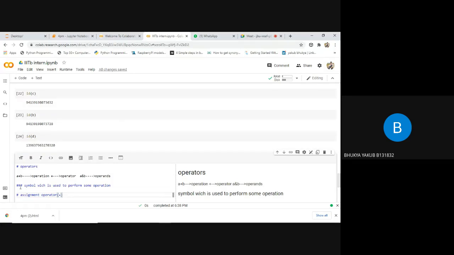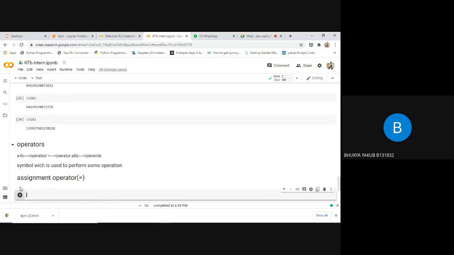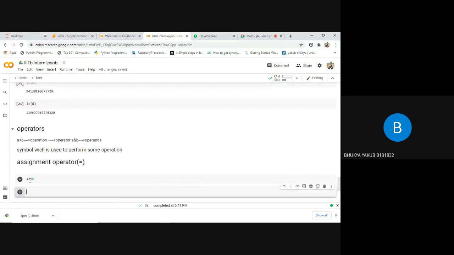The purpose of this equals to symbol is to perform the assignment operation. As you are already familiar with this, previously we used this symbol. See here, a equals to 10. It means we are assigning value 10 to this variable. That's about the assignment operator. After this assignment operator, we'll be having arithmetic operators.